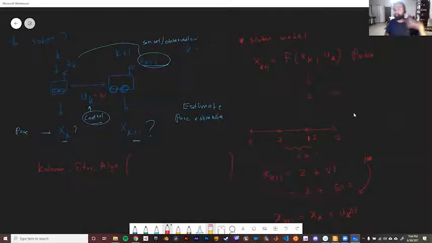Okay? Because again, although I wrote it like this, none of this is certain, right? Because this control command, this velocity, although I said it's 5 meters per second, we don't know exactly whether it was 5 meters per second, right? And even if we measured it as 5 meters per second, if the robot slipped on the ground, it will stop at somewhere like 10, right? So this motion model